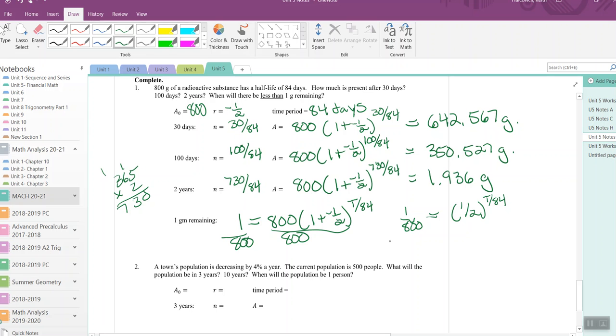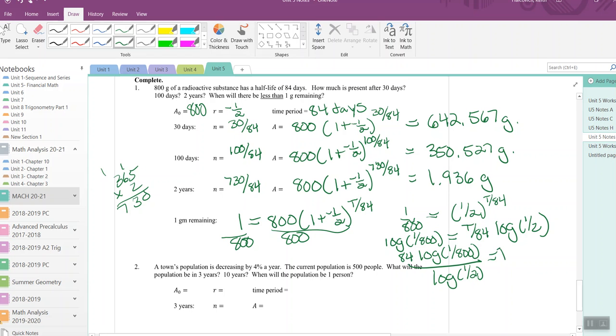So then we're going to take the log of both sides. Times the log of 1/2. And then we multiply by 84. And divide by log 1/2. And that's going to give us t, which in this case,